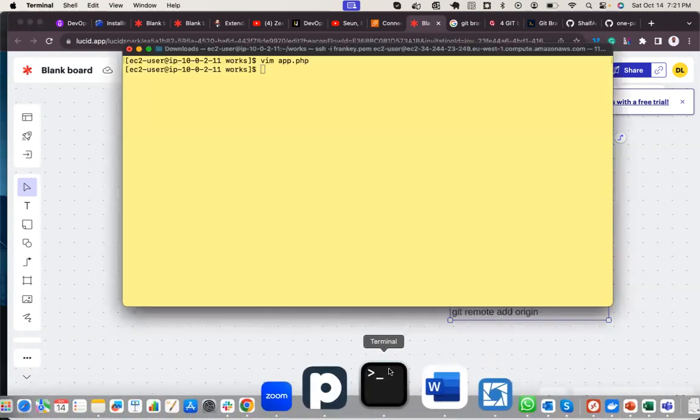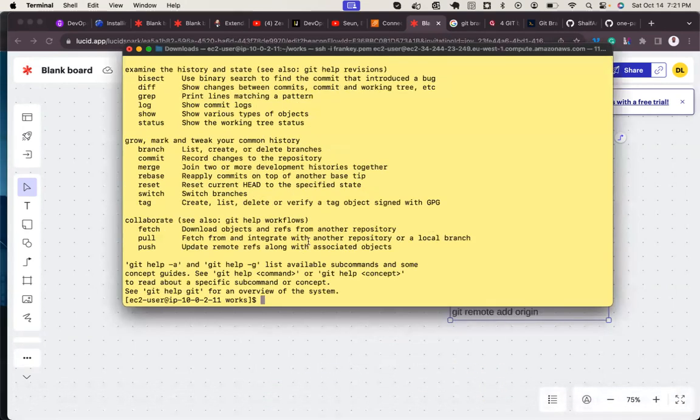Let's check that out. Git. So we saw git diff, we saw git log, we saw git status, git branch, git commit, git merge. Okay, this is just tagging, git switch, resets.